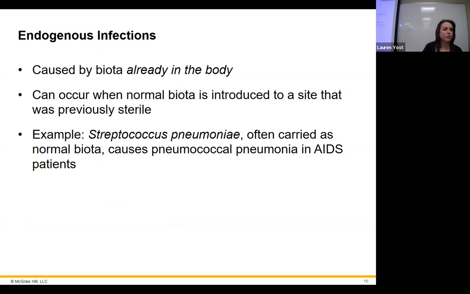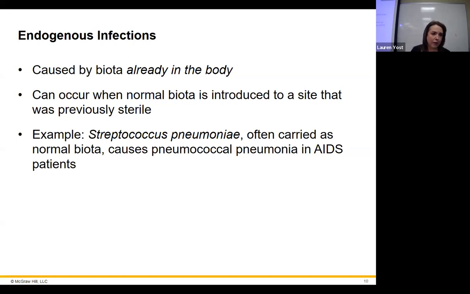All right, endogenous versus exogenous infections. Endogenous, endo, inside, right? If you have a hard time with endo, we've said it so many times at this point, you probably don't, but just in case, even things like endoscopy, you're putting a scope inside, endo in scopy, scope inside. So remember words like that you're familiar with as we go through some of this stuff.